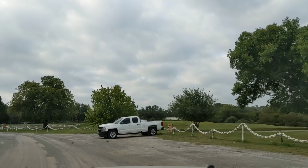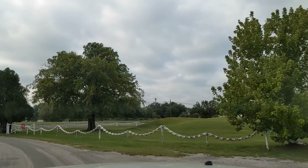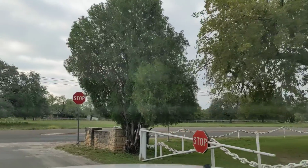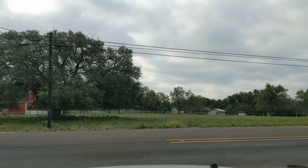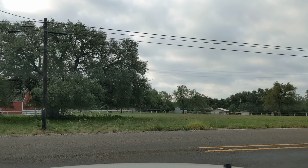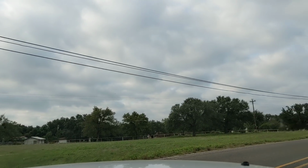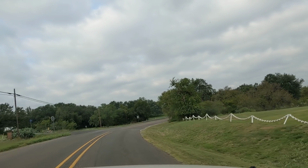Anyway, I want to mention again that tomorrow at Rogers RV Sales in Burnet, Texas, they're supposed to get a 2007 Casita on consignment. So those of you that are looking for a Casita, an older model maybe for the fix up or something, 2007 is coming into Rogers RV Sales in Burnet, Texas. You can find their phone number by doing a Google search. We're just taking a drive,